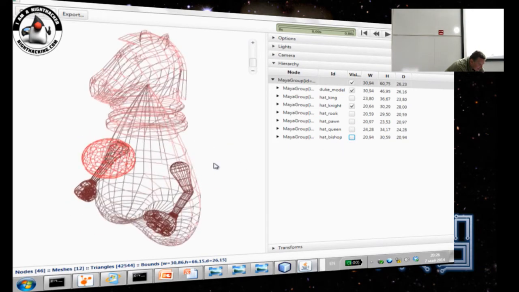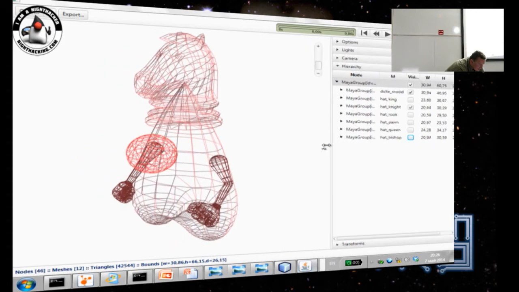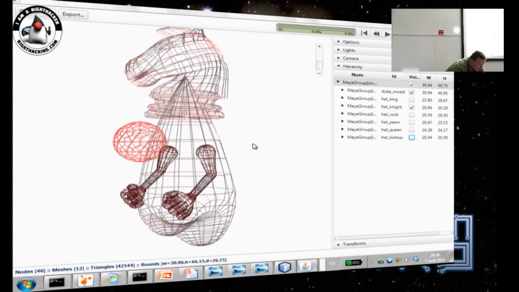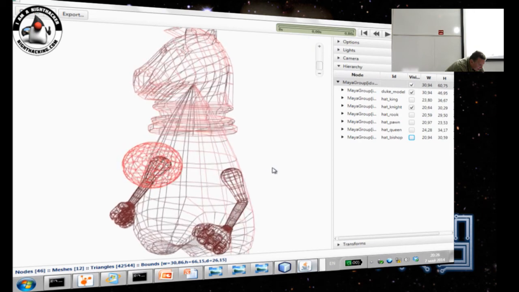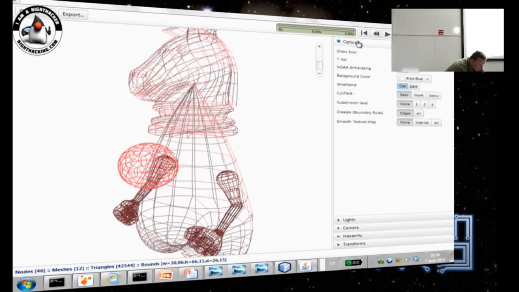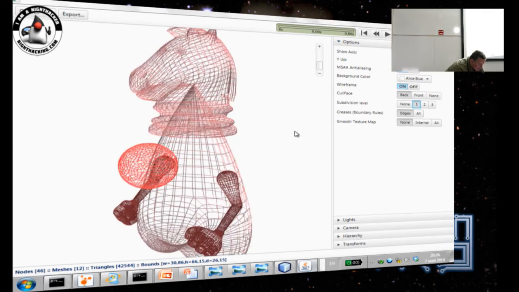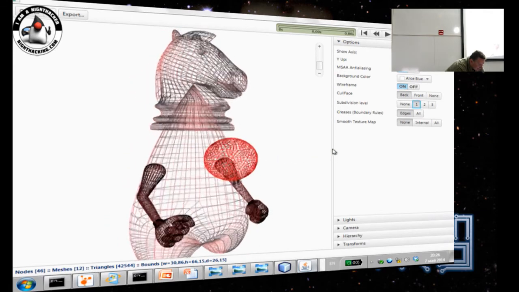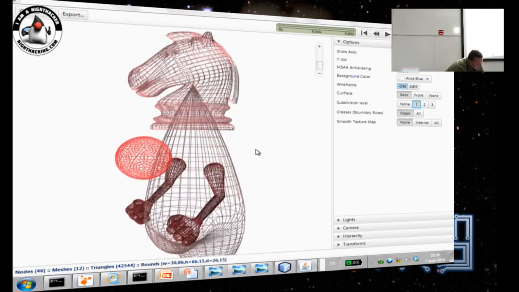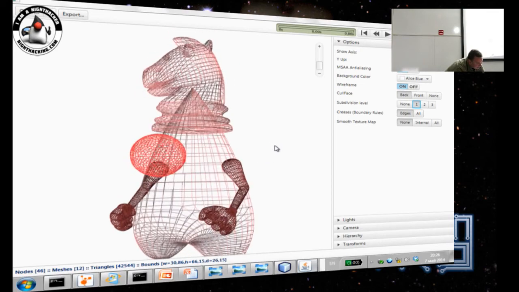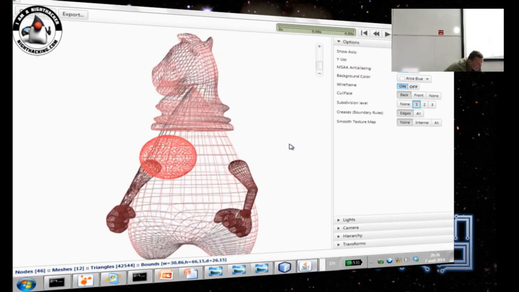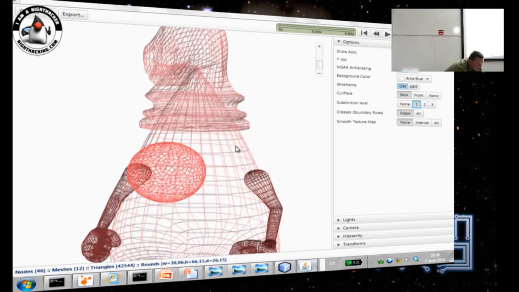So here is the Duke with a knight's hat, original, and we can do a subdivision on it, and you can see that there was a point introduced inside each of the quads, and there was a point introduced on each side of that.